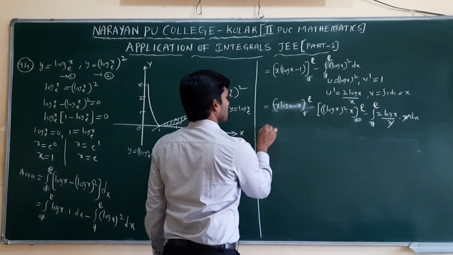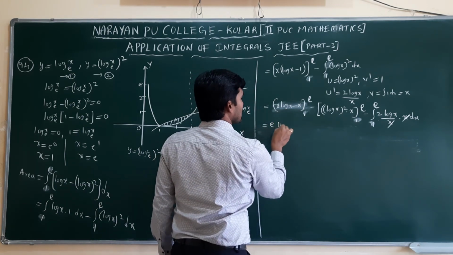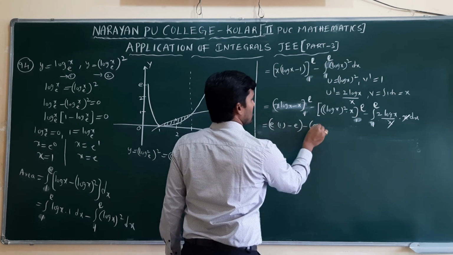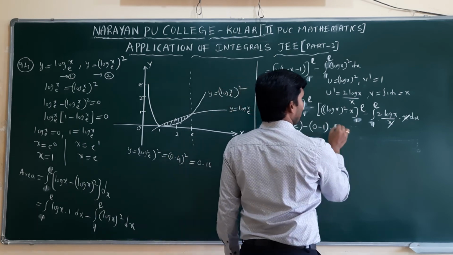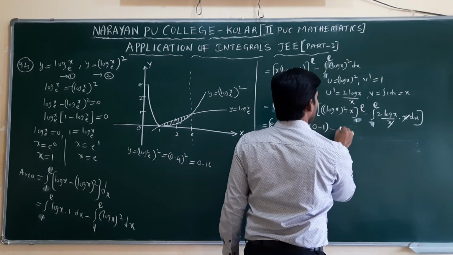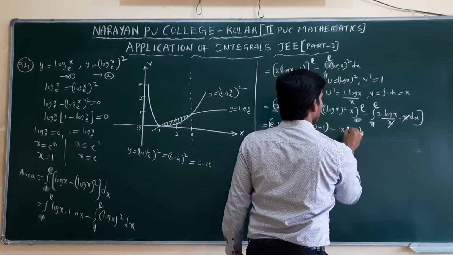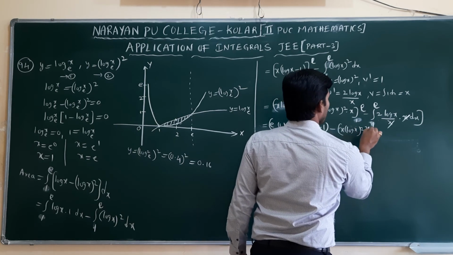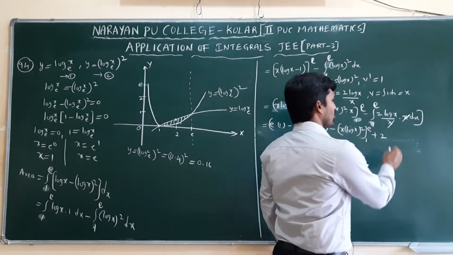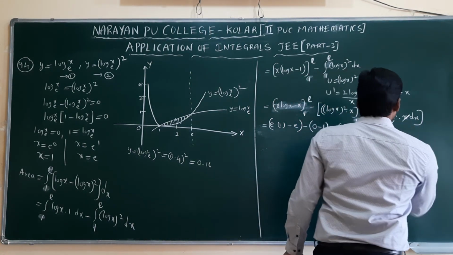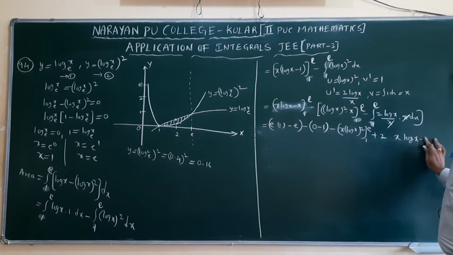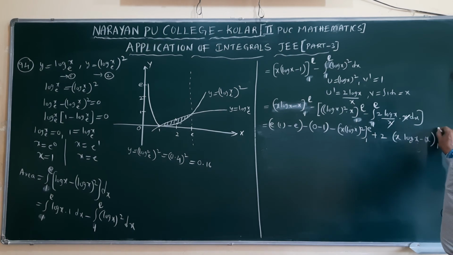Substitute the upper limit: e into log e, base e, is 1, minus e, minus of 1. Substitute 1: log 1 is 0, minus 1, minus of, here minus of minus plus we will get; later we can take, no problem. By integrating this value, x into log x whole squared from 1 to e, minus of minus plus 2, take common. The integral of log x dx, the formula we know already: x into (log x minus 1). If you multiply x inside, x log x minus x from 1 to e.